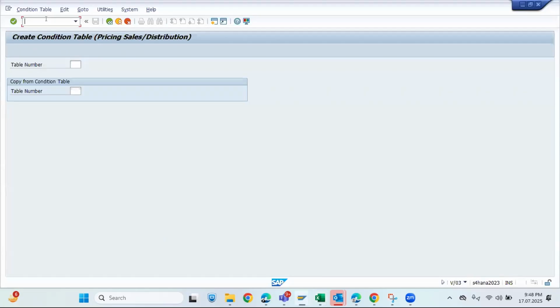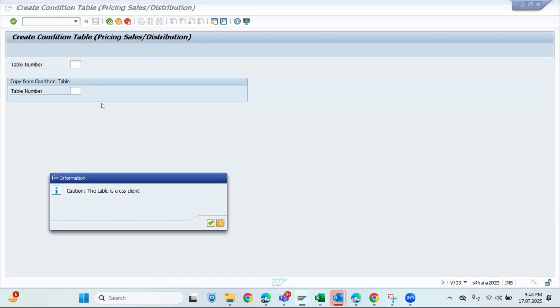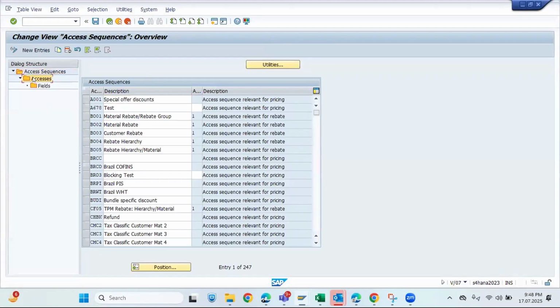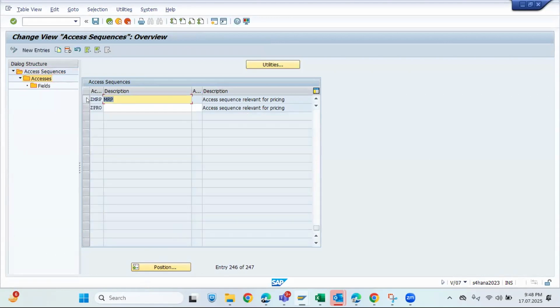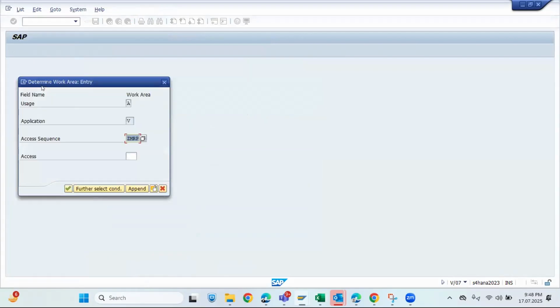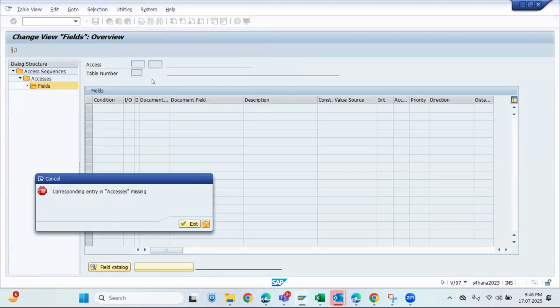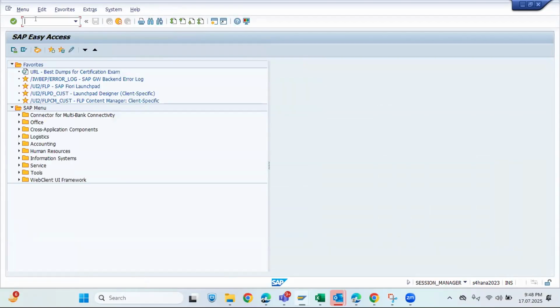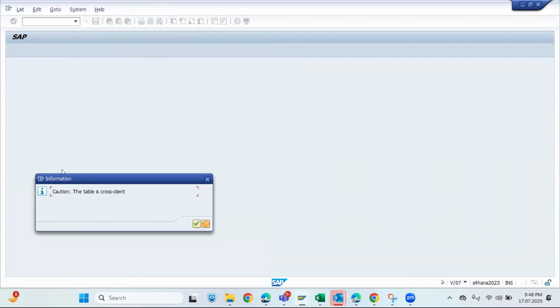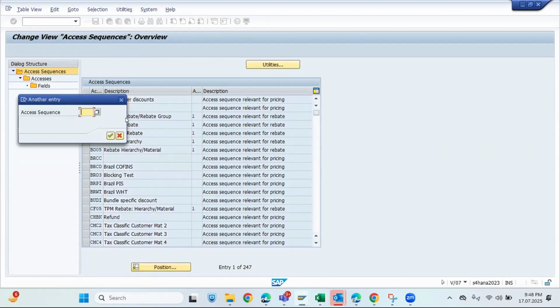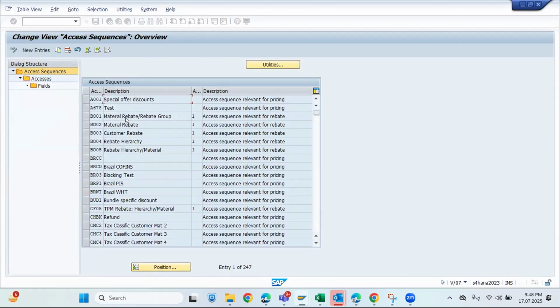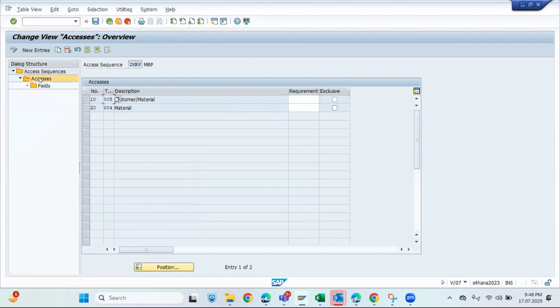Can you repeat again? The transaction code for access sequence is V/07. For ZMRP, we have already created the access sequence ZMRP. So here, once you select this line and double click on the fields, I think someone has deleted this or what? Has anyone changed this? The ZMRP, there is an access sequence. Here you can see